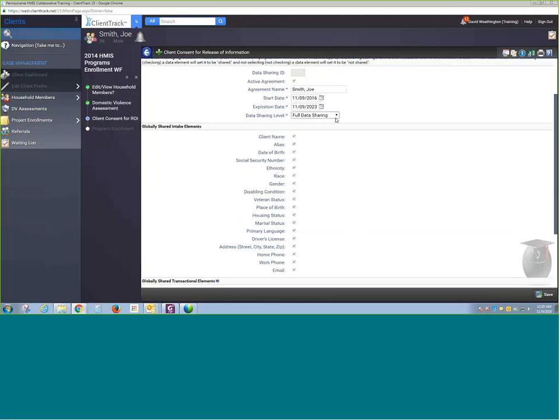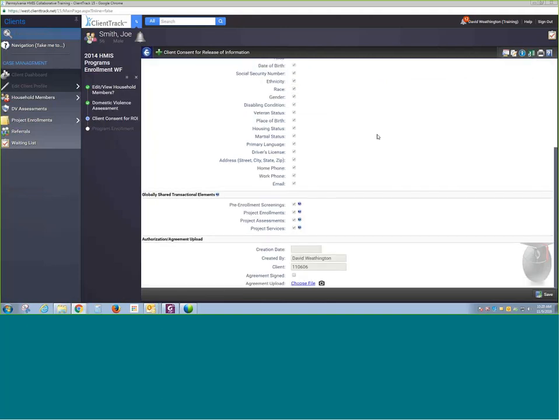And remember, it's going to automatically preset the full data sharing, but they have the option to partially share their data, and then you'll uncheck what's not allowed to be shared. Or you can select no data sharing, and if they've elected to do that, nothing will be shared. For this purpose, I will say we will share the data for now,